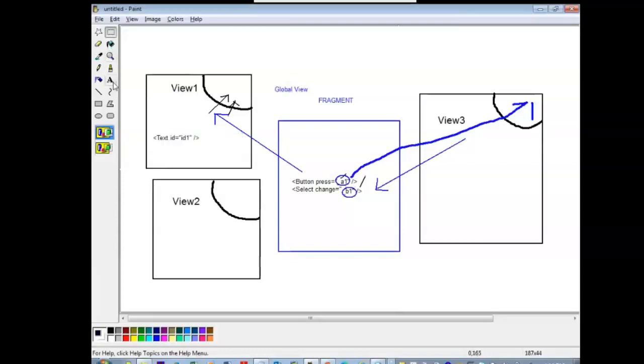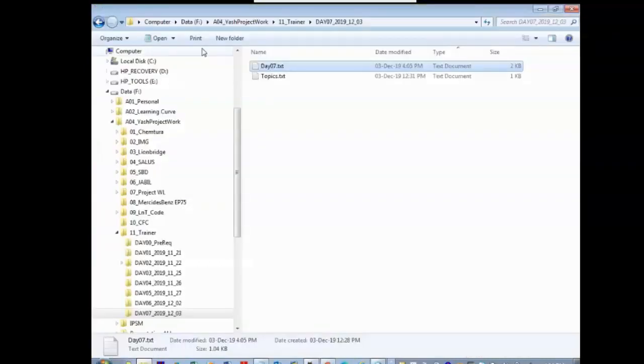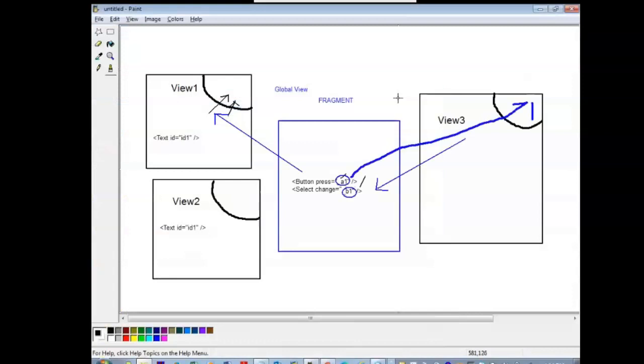Is it correct if I use another text control with the same id in view 2? Sure. So two views can have the same ID for the controls.